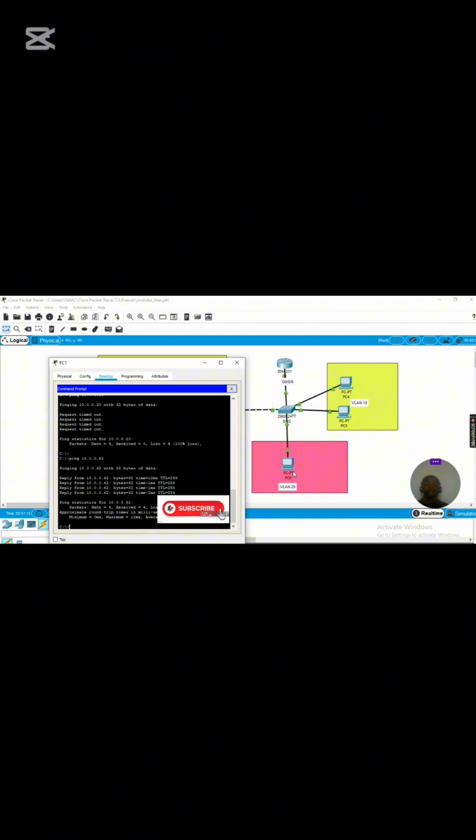Otherwise, when it sends a packet, the switch will just flood it. But once it sends a packet to VLAN 20, the switch will know that, okay, this